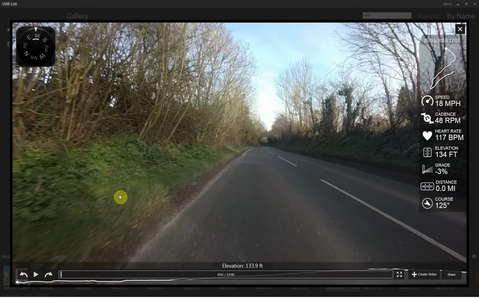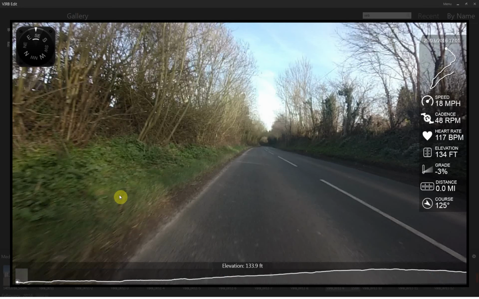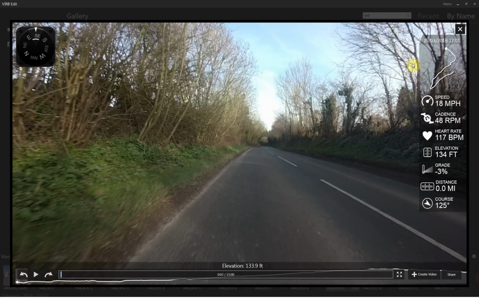So on this clip I still got the basis because I quite like that template style that it is, but I've added a couple of other things such as cadence, heart rate. I've added an elevation map here at the bottom, and I've also added the compass at the top. So how do we do that? Well,